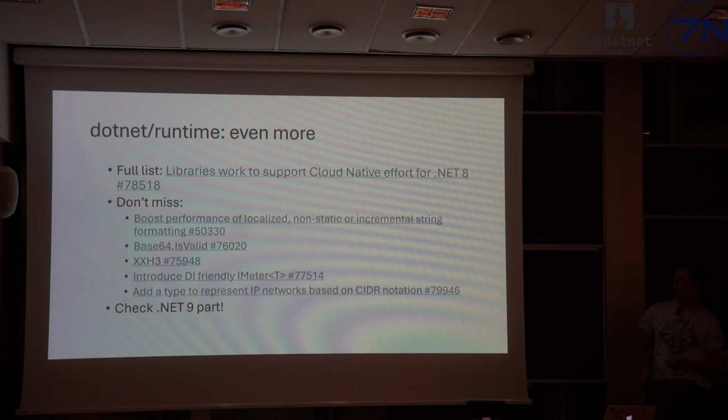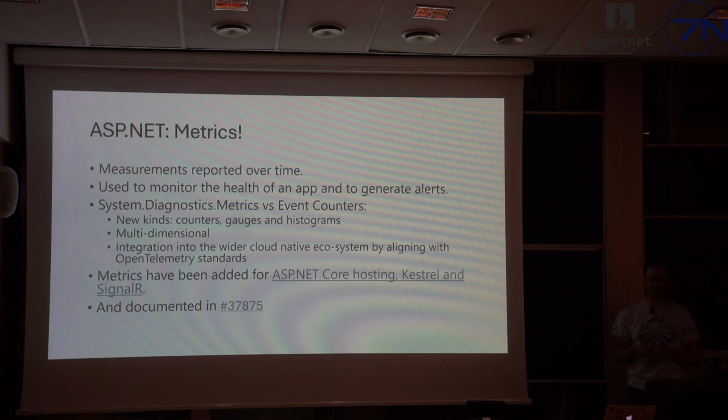There is plenty of other things that were moved from R9 to .NET. You can find the full list over here. I'm going to share the slides after the talk. Some important mentions: we have a new hashing algorithm. We have a possibility to verify if a given base64 string is valid or not. We have a new utility for formatting strings that are not known at compile time, for example, resource strings. And we have a new abstraction for IMeter. And this list hasn't been completed, so you can take a look and see what's on the to-do part.